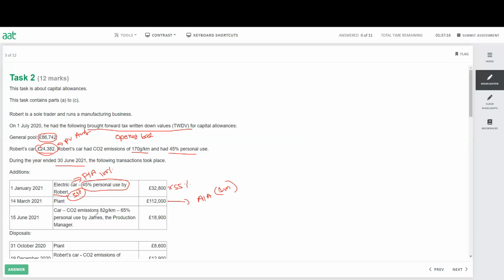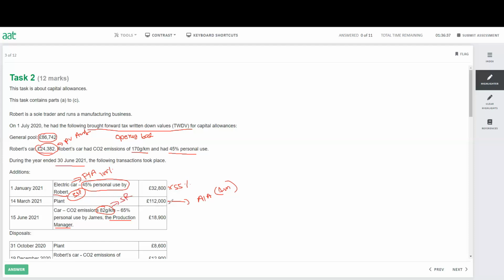15 June 2021, car CO2 emission 82 gram and 65% personal use by James, the production manager. So this is used by the employee. This car is used by the employee, but we can see the CO2 emission is more than 50 gram. So if the CO2 emission is more than 50 gram, this will go for the special rate pool. Remember that. So if the car has more than 50 gram and is used by the employee, that will be